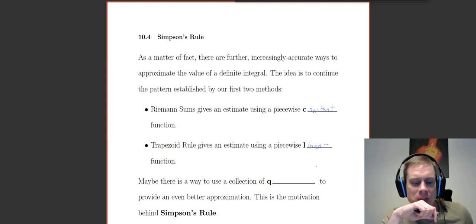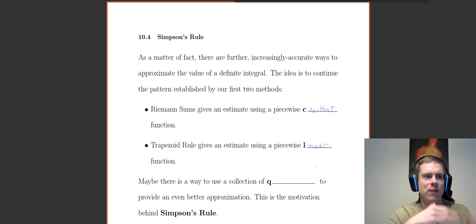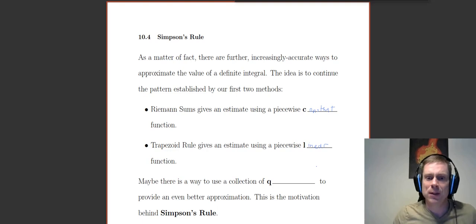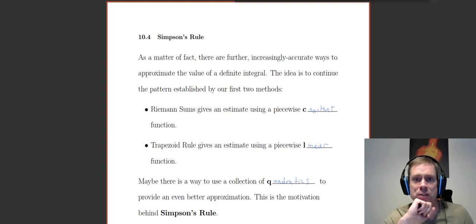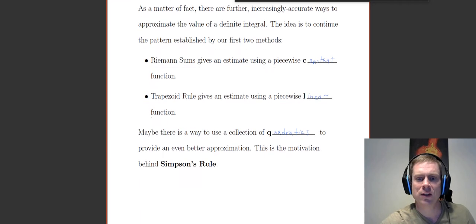But if you think about that, if we go to constants for Riemann sums and then linear for trapezoid rule, maybe an extension of that is to consider using parabolas, i.e. maybe there's a way to use a collection of quadratics to provide an even better approximation. And that motivates the rule that we're going to finish off with here in this section, which is Simpson's rule. So if we scroll on down to the next page here,